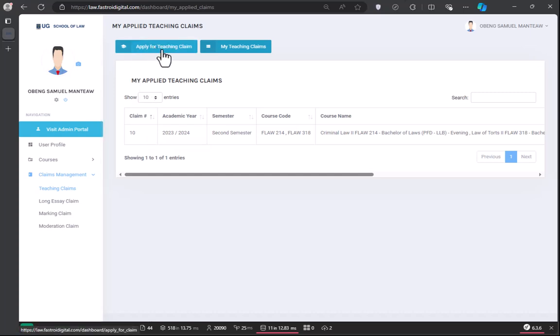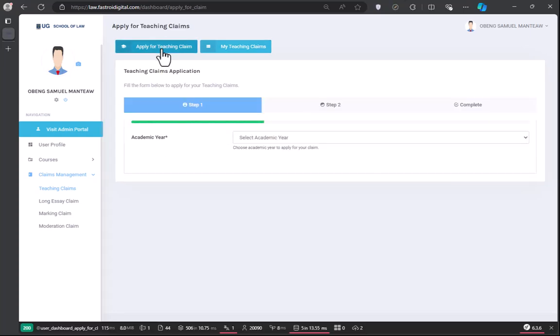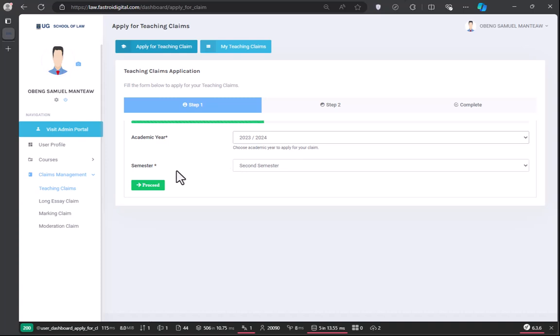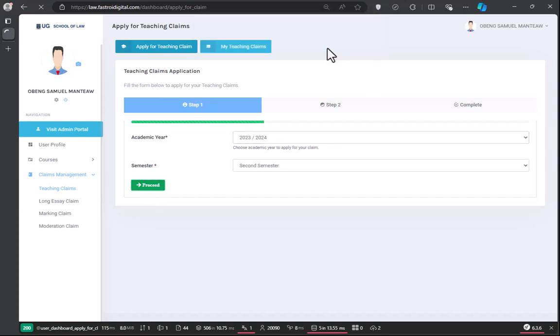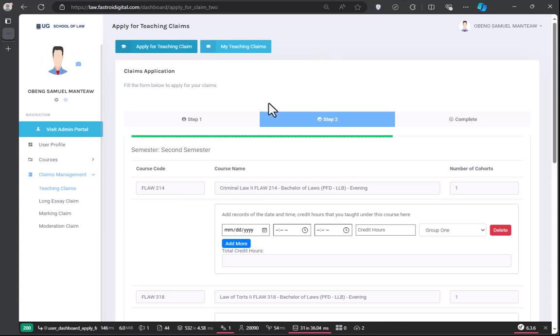At the very top, we see two buttons, which are apply for teaching claims and my teaching claims. My teaching claims are all the claims you've done, in detail, and apply for teaching claim will help you to create a new teaching claim. So that is what we are going to do today. We click on apply for teaching claim, and there are two steps. The first is to select the academic year and the semester, which we do here. By default, the system selects the current semester for us. So we just need to click on proceed and accept whatever the browser tells us to accept,